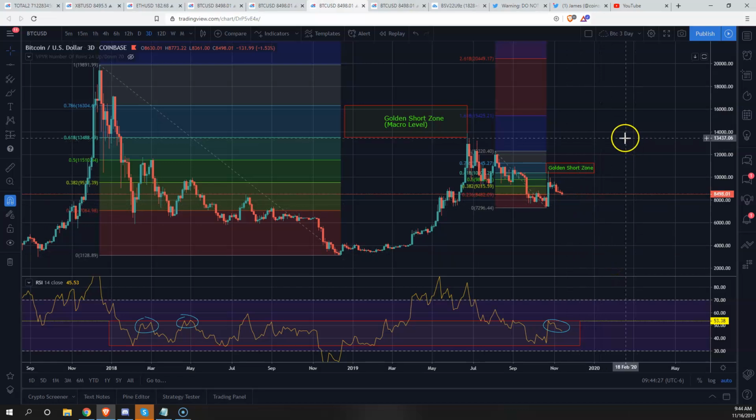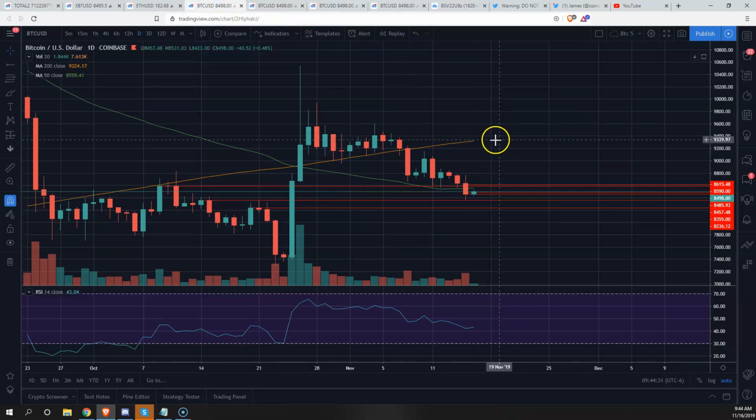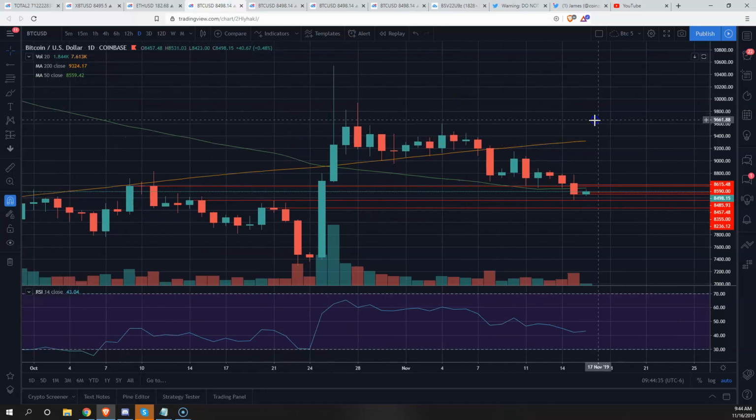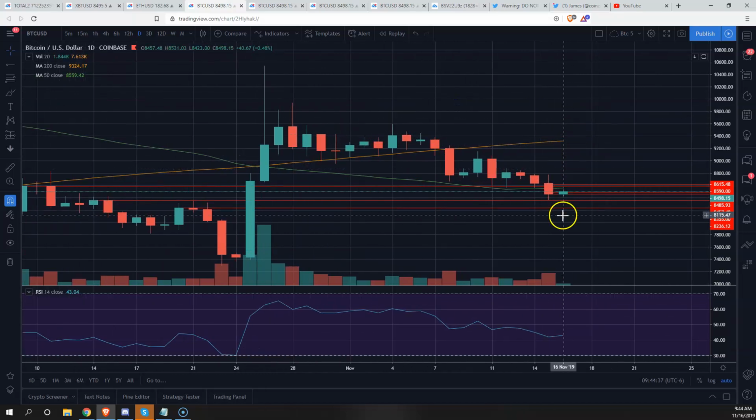As far as the smaller time frames, guys, this is a lot of mess. This is a lot of chop, and I don't necessarily think it's a great idea to try to trade this unless you're just really, really good at ranging markets. All of these red lines are potential areas of support/resistance, right? And these are not very far apart. This one's 82.40. This one's up around 83.30, right? I'm not personally excited about trying to trade a 1% range, okay?